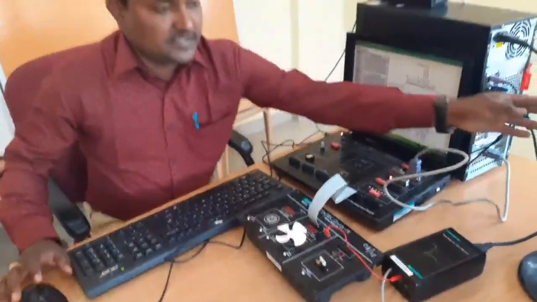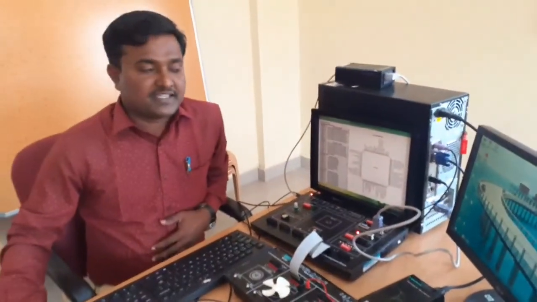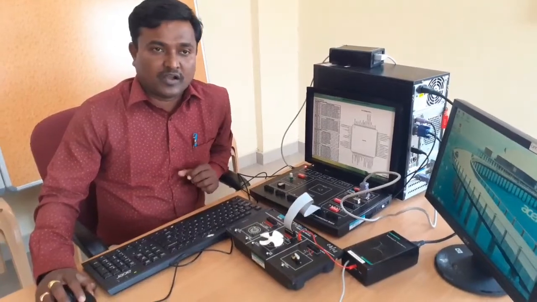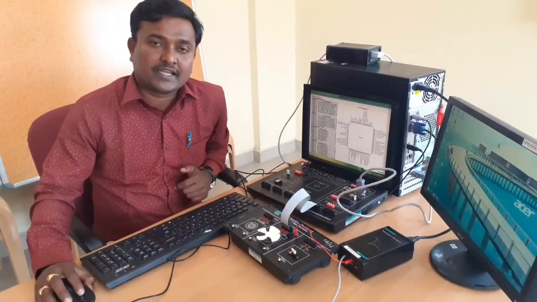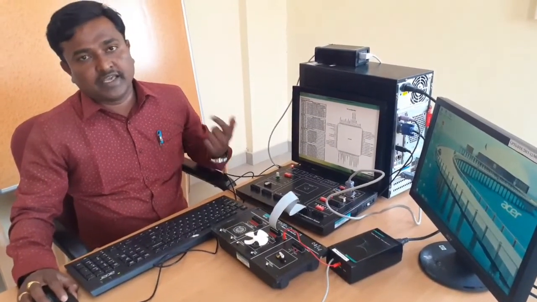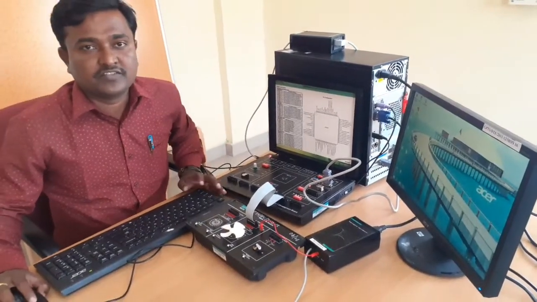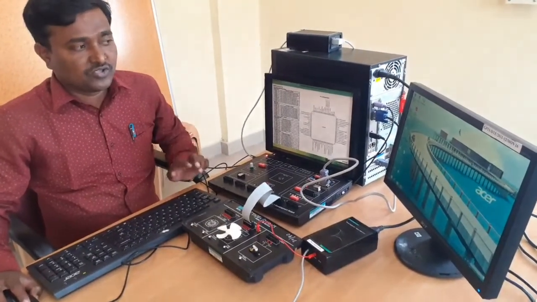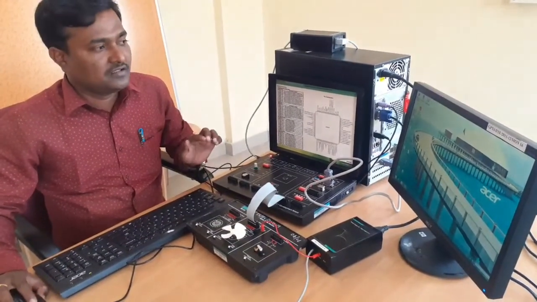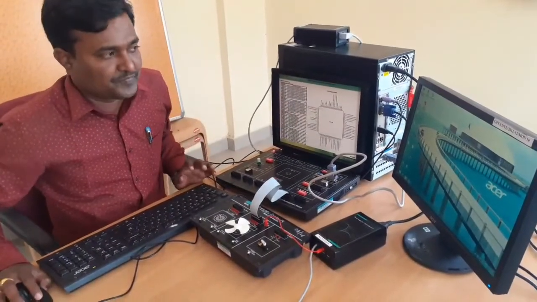After this, I have to write an embedded C code using the Keil version 4 software. After writing the code, I have to create a hex file. After creating the hex file, I have to download the hex file from the CPU to the ARM7 board kit by using the Philips Flash Utility software. Those two software, Keil version 4 software and Flash Utility software, should be installed in the computer.